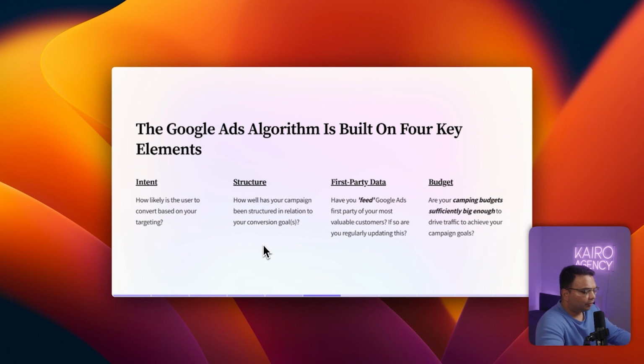So the Google Ads algorithm is built upon 4 key elements. This is intent, structure, first-party data, and budget. Now, like I said, this is not the old paradigm. This is the new paradigm of how the Google Ads algorithm works. Intent is simply how likely somebody is to convert from your targeting. So are you targeting keywords that are most likely going to lead to a conversion, or are they fluffy keywords that just have a lot of search volume and lead to a lot of low search intent